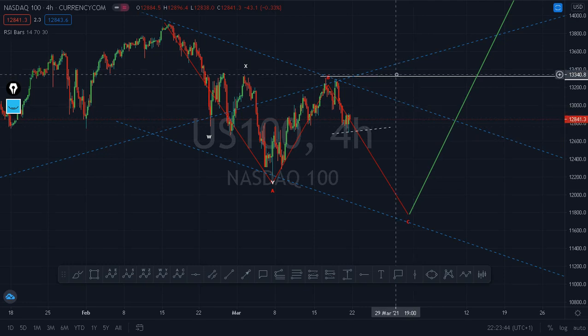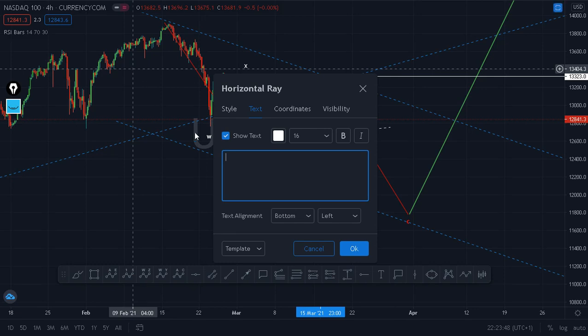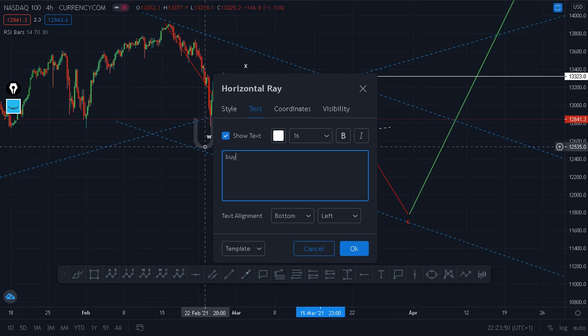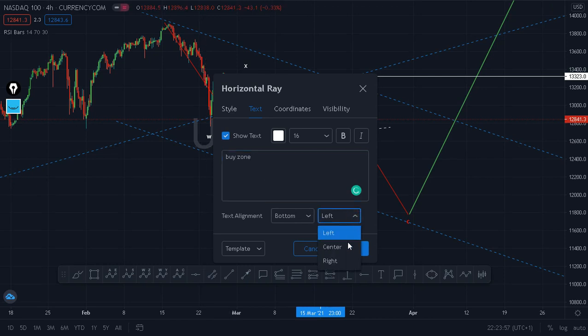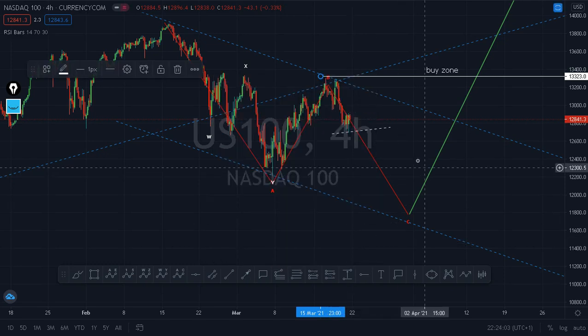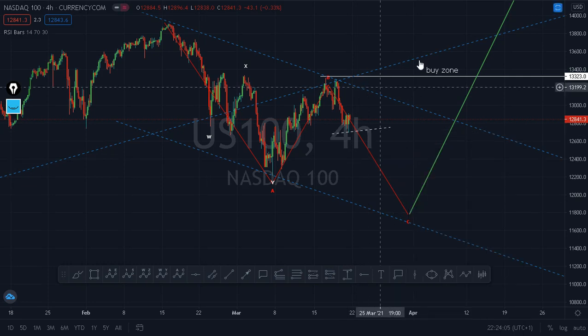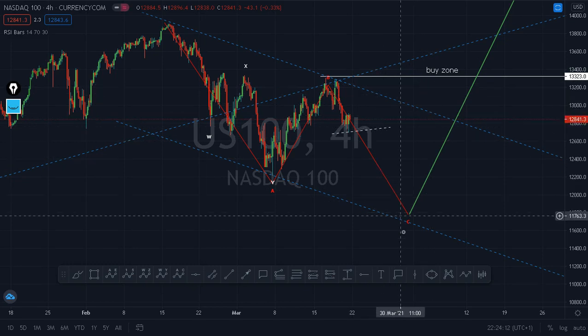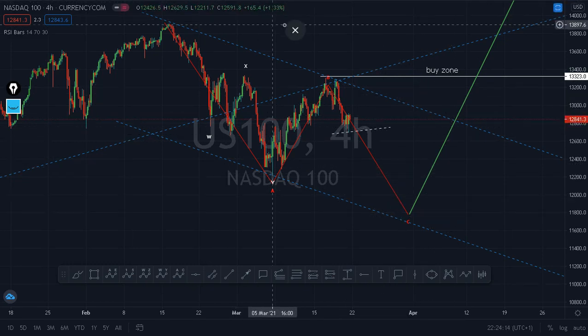Unless price closes above this B line. So this is the buy zone. If price comes above this line, it's a buy zone, then we buy. But for now, I want to sell from here. If I hit the sell setup from here,